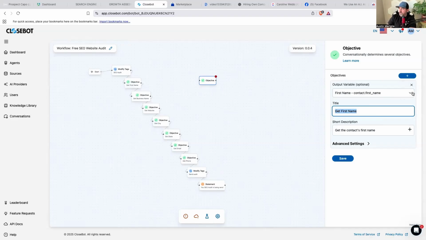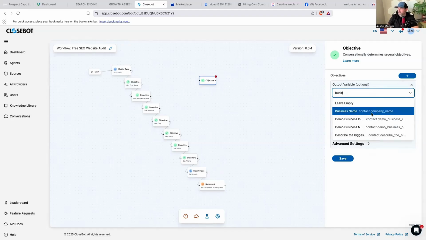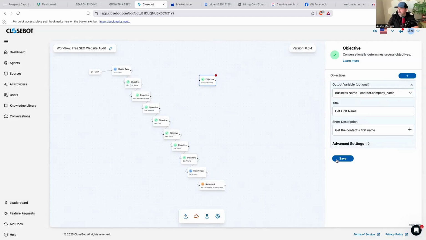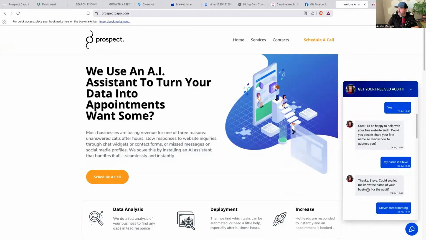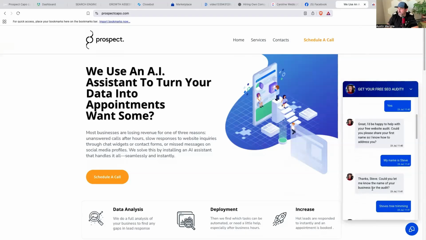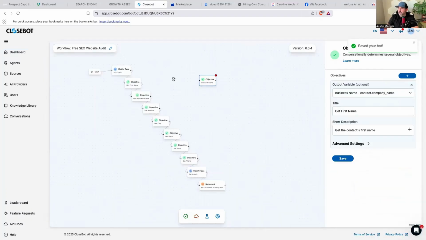So if I go to now business, I want their business name, and then I hit save. And now it's going to ask them, as we saw here, thanks, Steve. Could you let me know the name of your business for the audit? So Closebot's going to ask them for their business name, and it's going to update that field inside of High Level's custom fields. Then we just go down the line, and basically